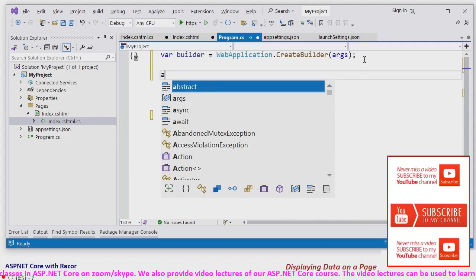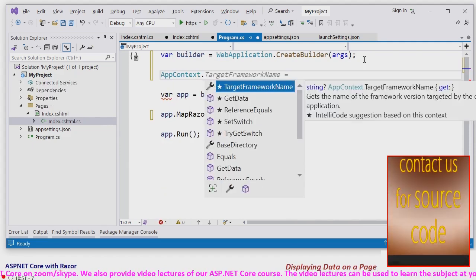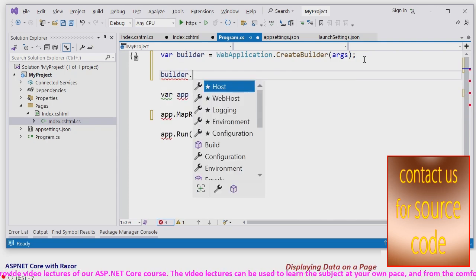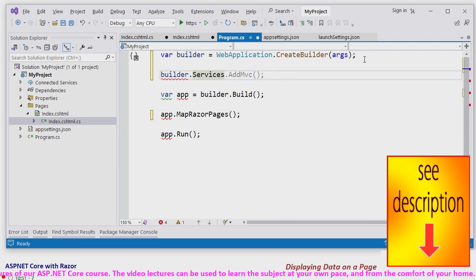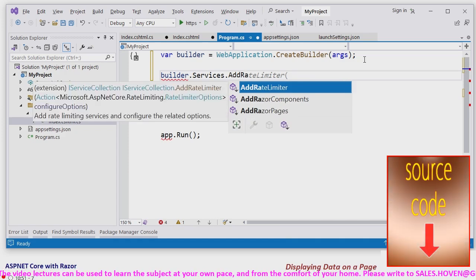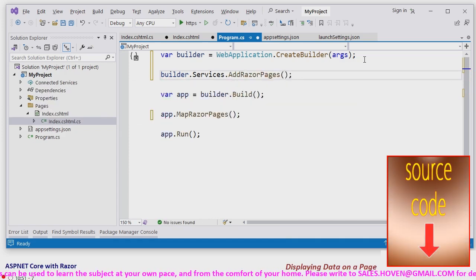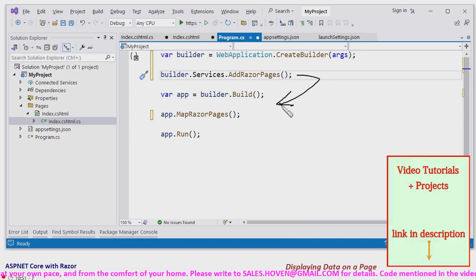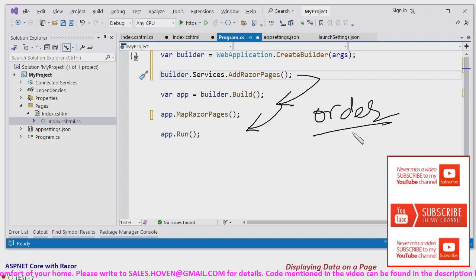We also have to add the service for Razor pages because all the components are optional, so we have to specifically say builder.Services.AddRazorPages. Some projects might not use Razor pages, so they won't add it, but we are using it. This order is important.